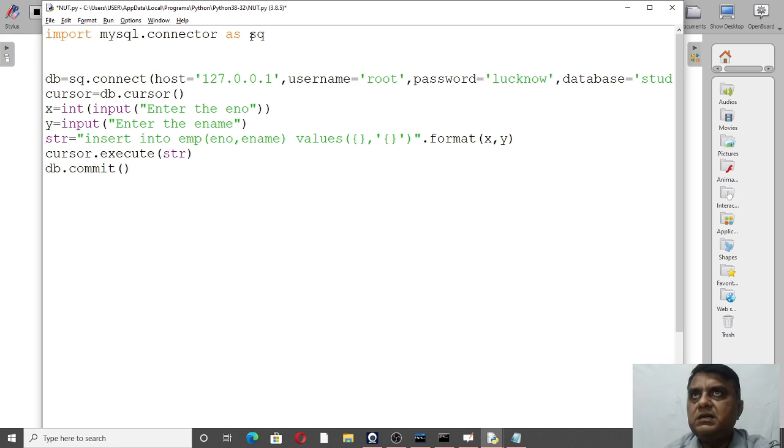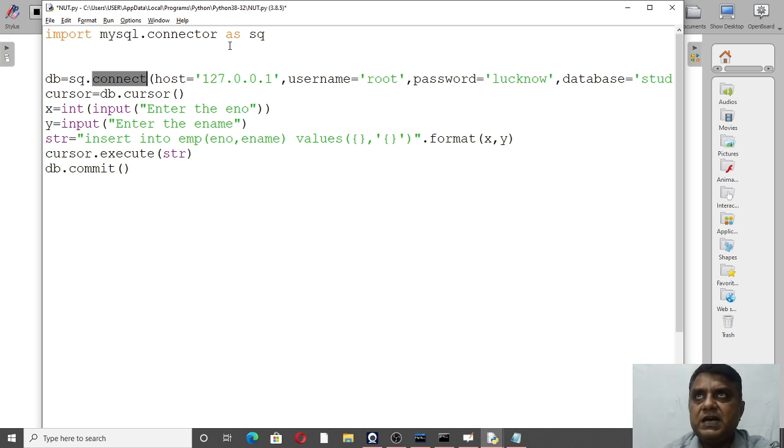This is the name given to this MySQL connector. Then write the second statement as db equals sq.connect.